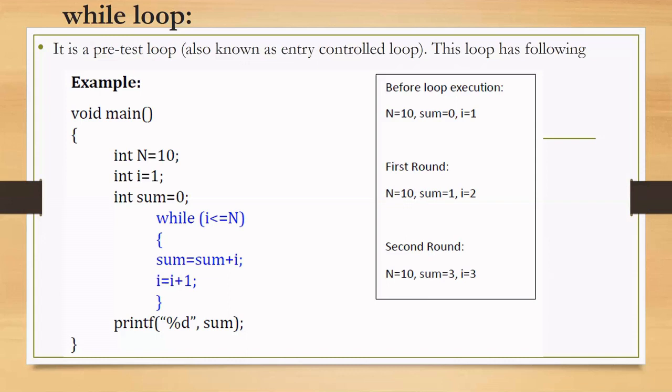Assume that my I value is 10 now. 10 is less than or equal to 10. Yes, it is true, because equals to is there. It is not less than, but it equals 10. Assume it is incremented again to 11. Is 11 less than or equal to 10? No, that time the condition fails. Once the condition fails, it automatically comes out of this complete blue colored program, and it will finally go to the printf statement, where it will print the value in the variable sum. So this is the concept of the while loop.